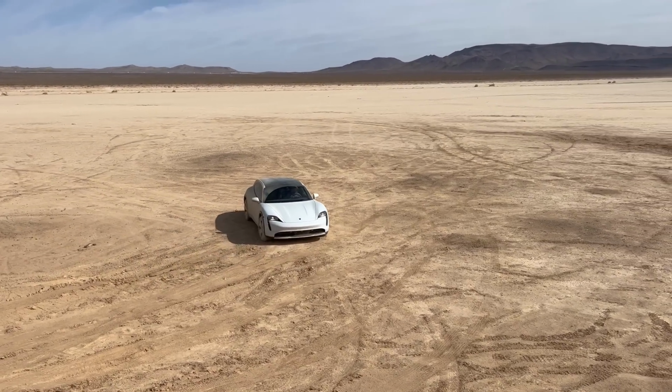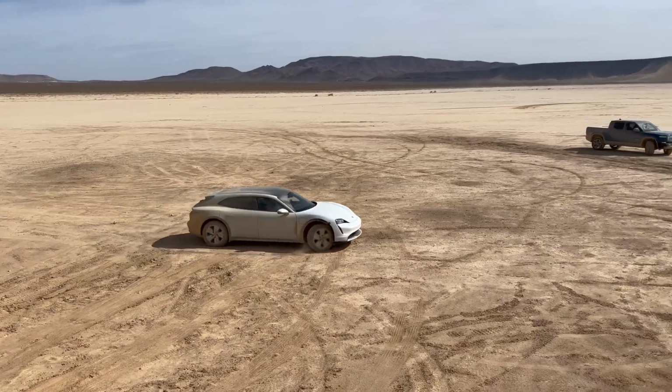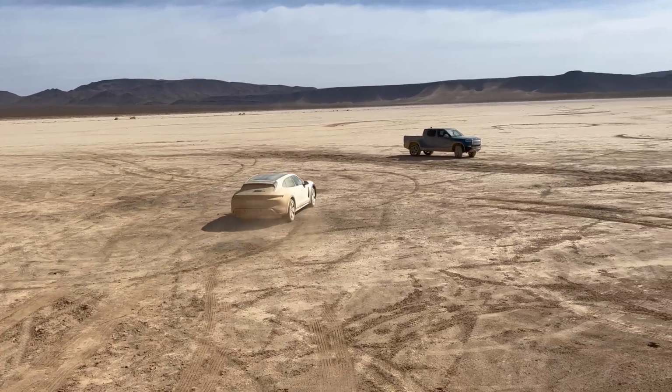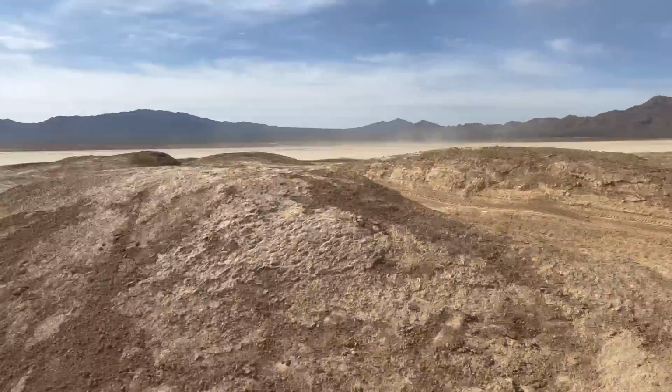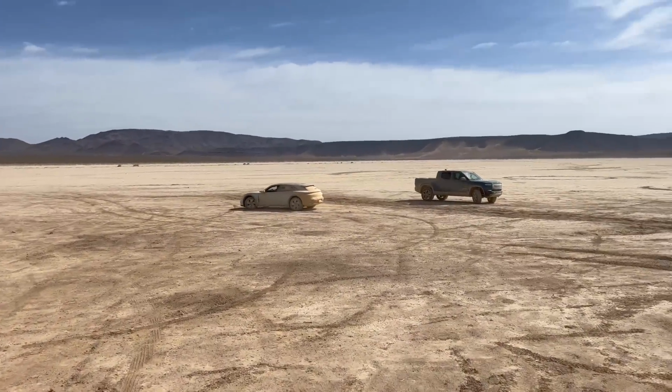Amazing. Well, there you have it. Taycan did just about everything the Rivian could. Probably couldn't do that last thing where the Rivian just went straight over that to the bottom side. But stunning, stunning off-road performance by